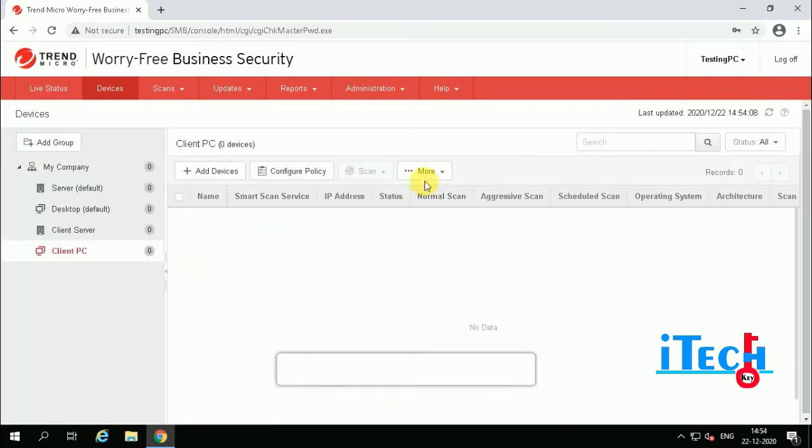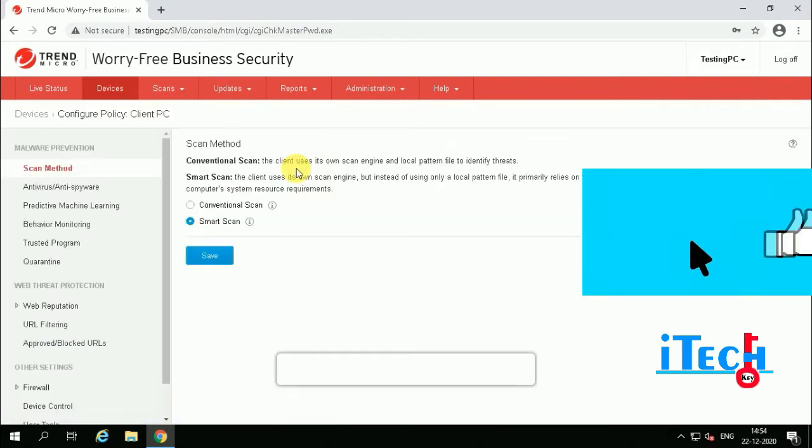I am telling you about configure policy. Click on Configure Policy, and there you configure the scan method, antivirus and anti-spyware.